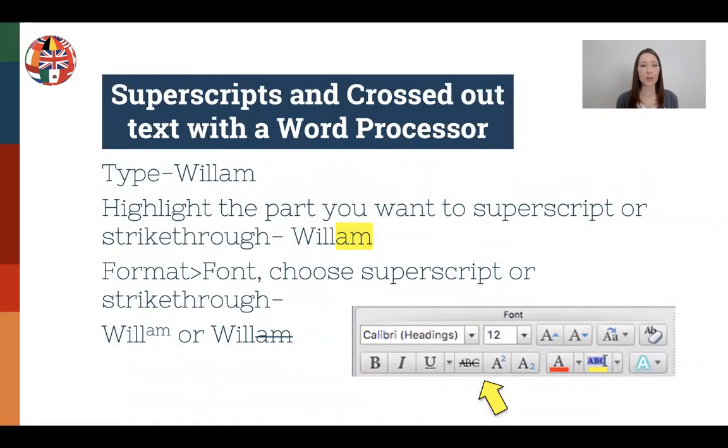Superscripts and crossed out text can be represented within your word processor. You can either type the word and then highlight the portion that you want superscript or struck through, and then you can find that at Format, Font, choose Superscript or Strike Through. Or on your little toolbar, you have a box that has ABC with a line through it, or an A